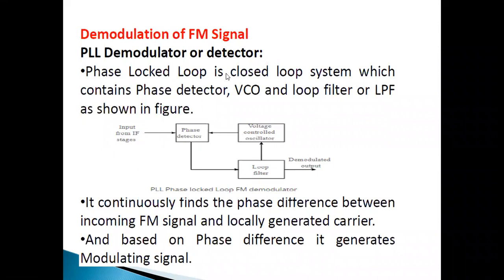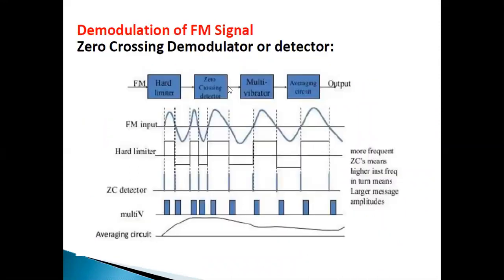This process is continuous until we get the required output from the loop filter, whether it may be 3 steps, 4 steps, or 5 steps. Where the output locks, that will be treated as the output of the signal. This is the output of the FM signal which occurs at the zero crossing demodulator. Zero crossing means 0 and 180 are the zero crossing points. This is the demodulation of the FM signal.